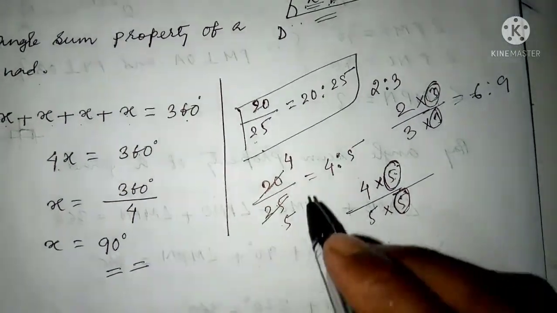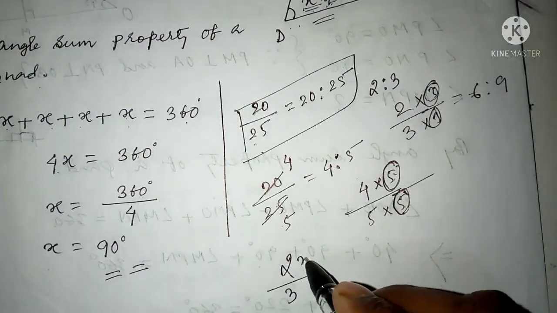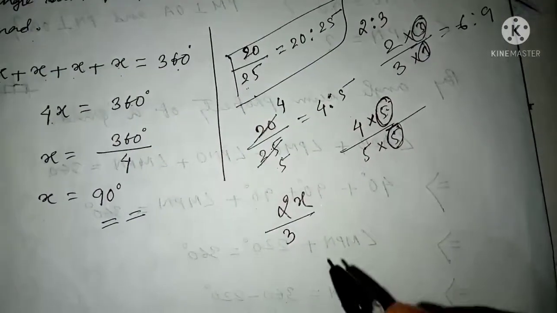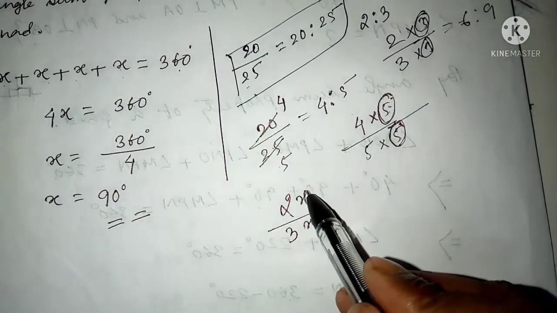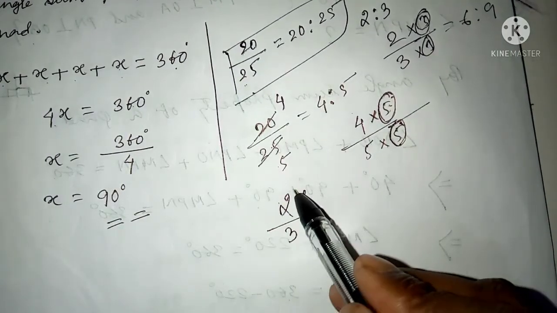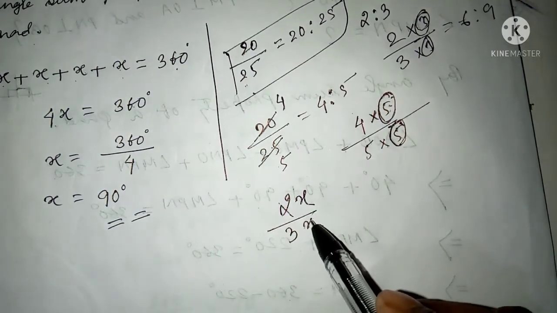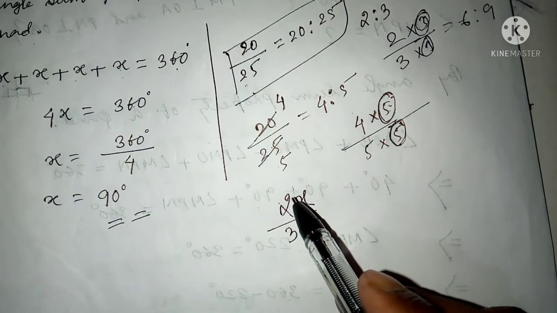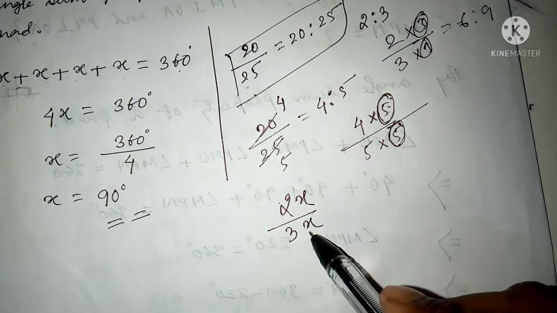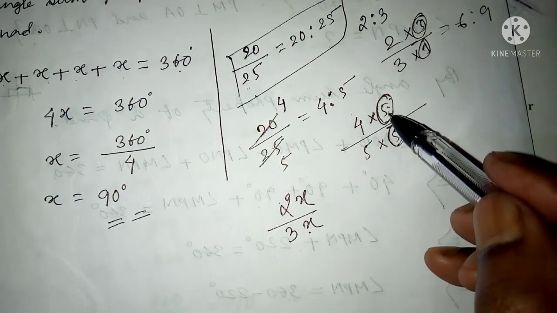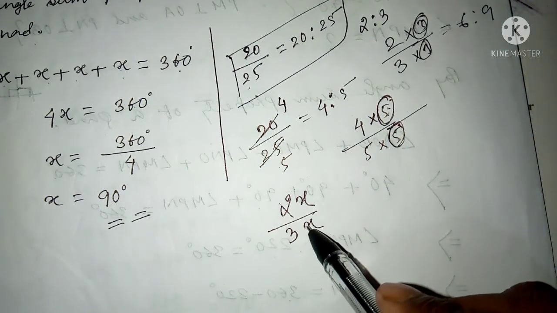So that's why what I'll assume here is that for 2 by 3, I'll assume that I need to multiply x here, which is an unknown quantity. Here also I need to multiply x. That means 2 into this unknown quantity x will give us the required number. Again 3 into this unknown quantity x will give us the required number. But one thing you should remember, if I multiply x here, I must multiply x here because I multiplied 5 here, again I have to repeat the same. If I assumed here it is y, here you must write y.